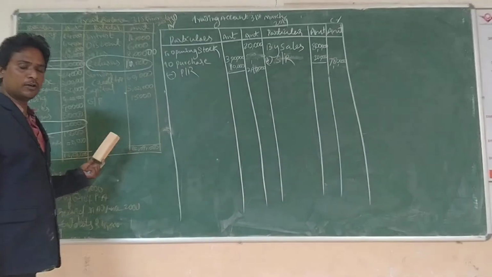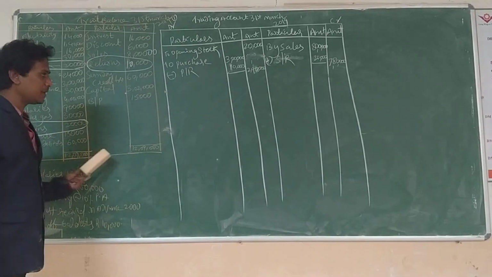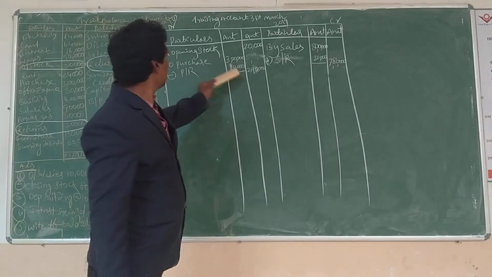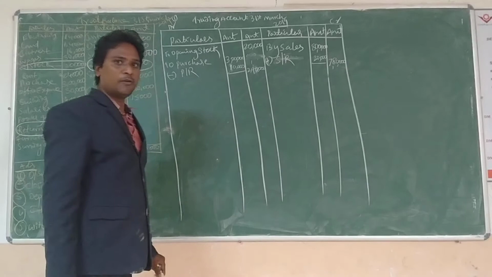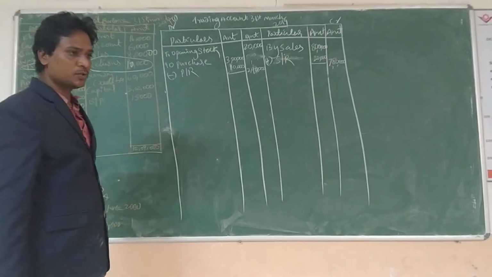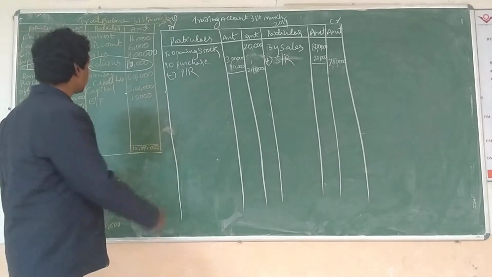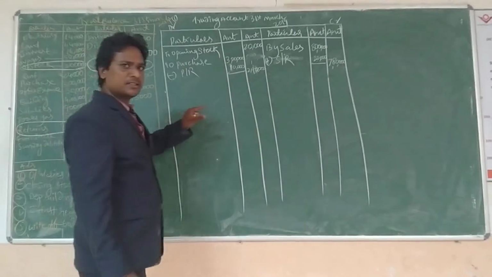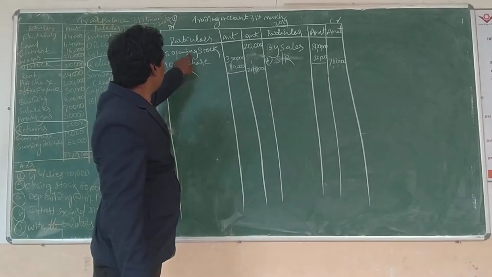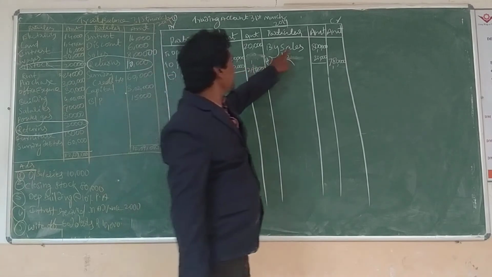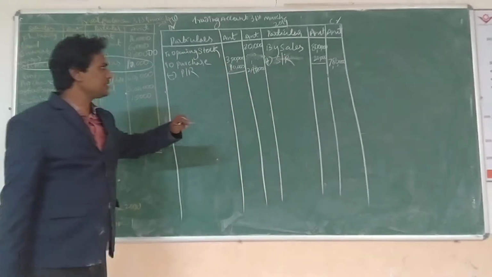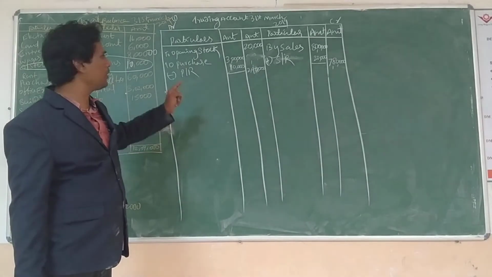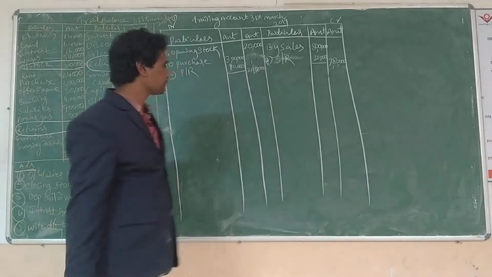So now you can easily find out: all sales returns go to the debit side and all purchase returns go to the credit side. Remember, 10,000 total, 2 lakhs 90,000. Next one, rent. These things are compulsory in the trading account: opening stock, purchase returns, sales returns. If they do not give any sales returns or purchase returns, you enter the direct amount in the outer column.